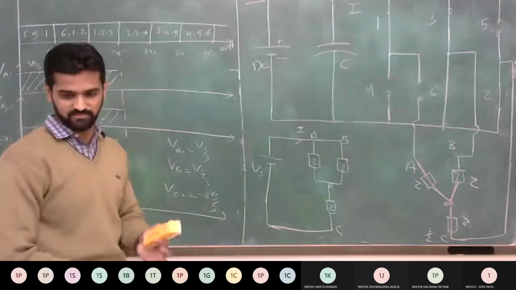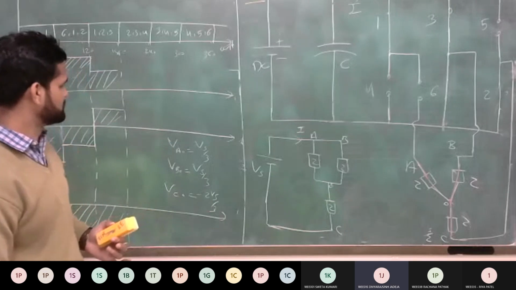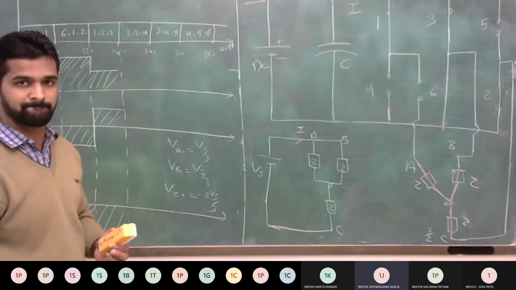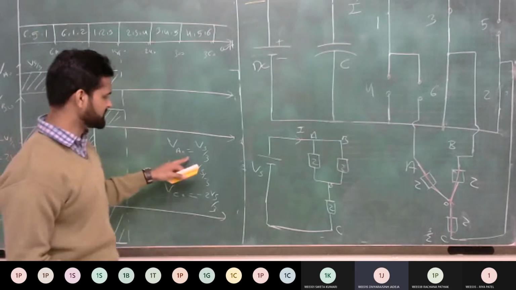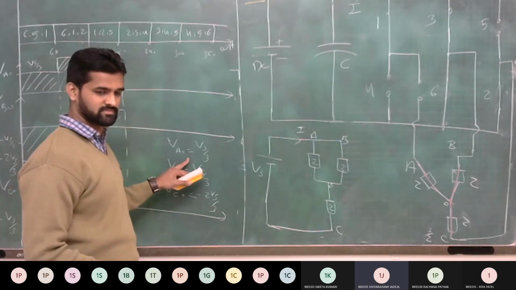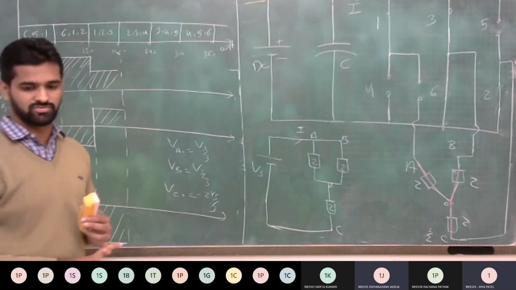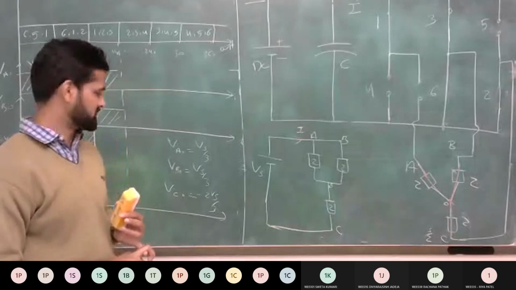Okay, 15 number, Divyaraj, have you calculated? VS by 3? VA equal to minus 2 VS by 3? VA0 is what? Minus VA0, VS by 3. Now, Divyaraj, please, 15 number. That was the answer.